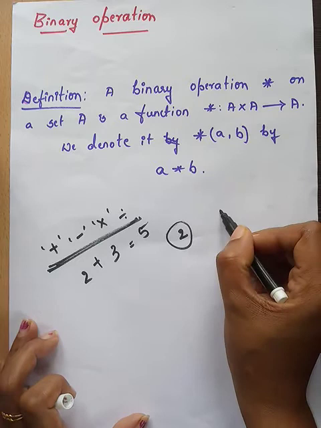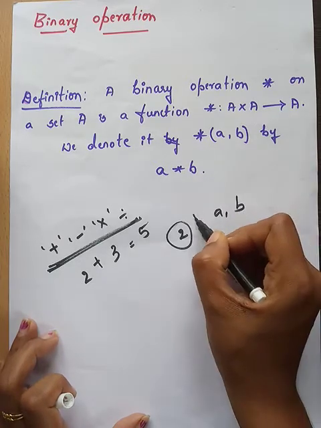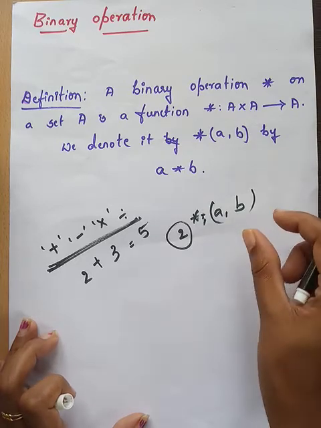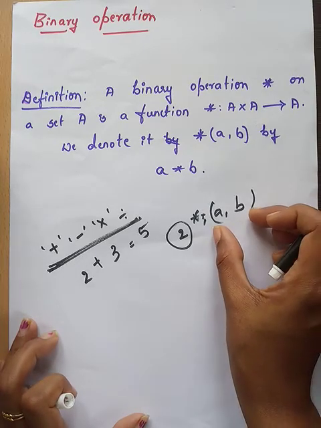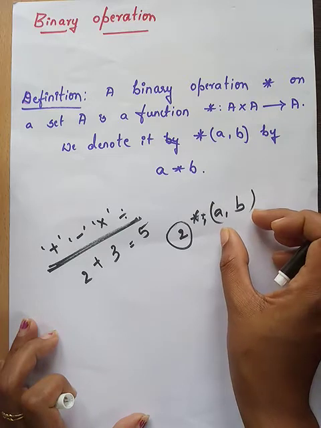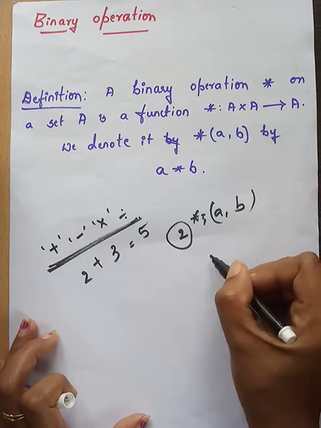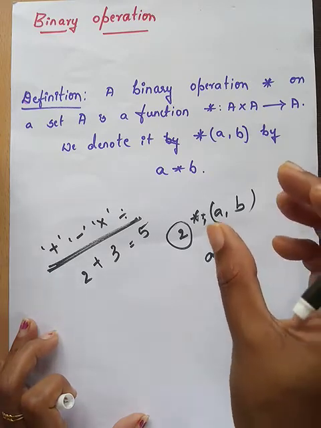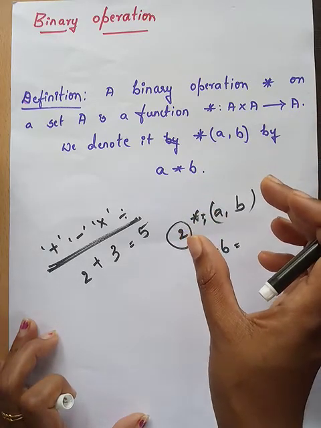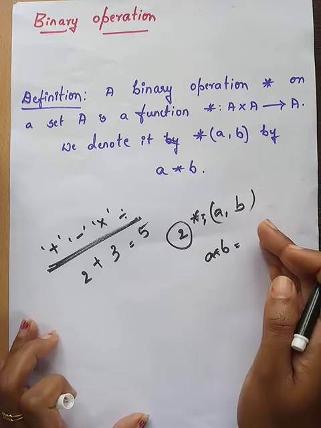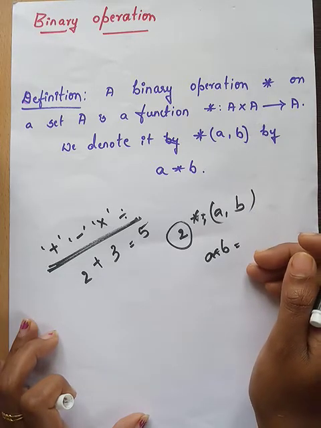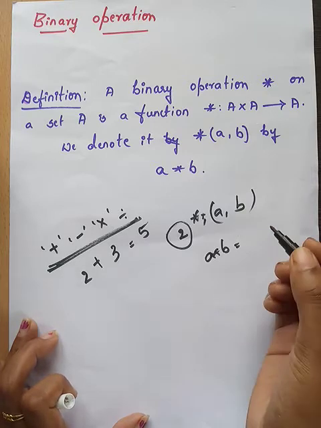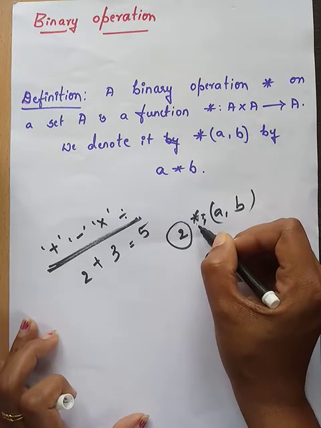If you take any two elements, say a and b, under the operation star, we generally represent it by an ordered pair. When you take any two elements from the Cartesian product A cross A, you find what is a star b. Star is just a symbol to represent a general function. Star can be addition, multiplication, division or any other operation, LCM, HCF, anything. So in general we'll represent it as star.